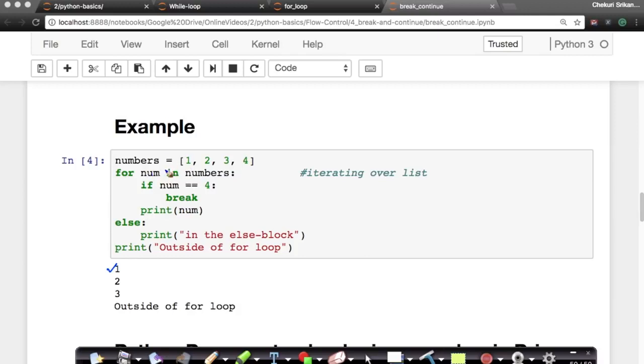Now my num was 1, and now it will become num equals 2. Is 2 equal to 4? No. So it will not go into the if condition, right? It will just print num. Similarly for 3. As soon as num becomes 4,